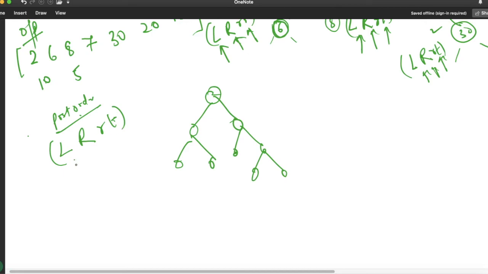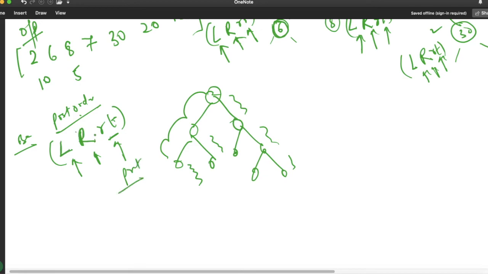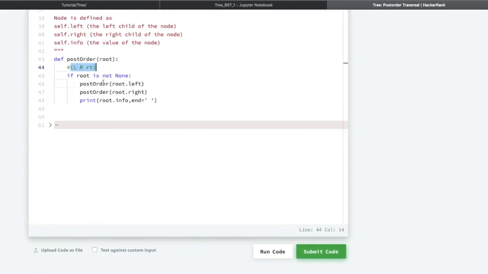We have to first check each and every node in the left side with a recursive call. Whenever we reach the base condition, then we will check the right part in a recursive way, and after that we simply print the root value. Whenever we find this root, we will simply print. So we have written this 3-line code in a recursive way.